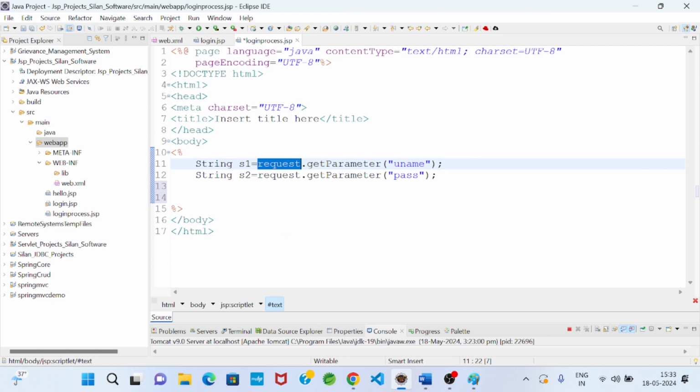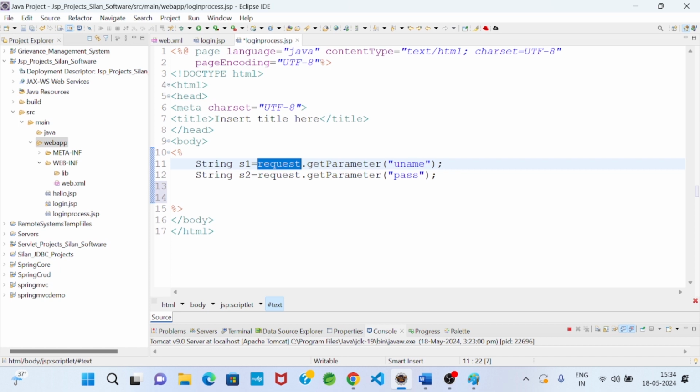Request we are writing directly, it is understood by the server. We can say this request is an implicit object. Directly you write response, directly you write out. Sir, how is it possible?